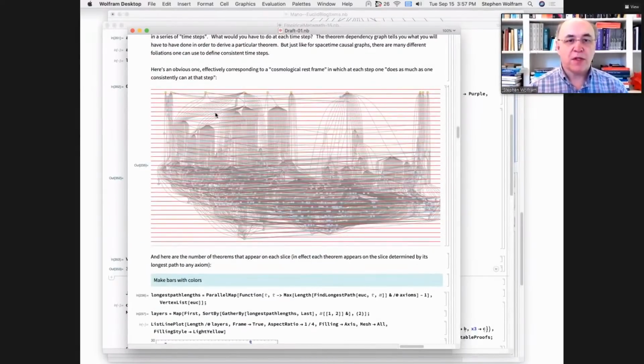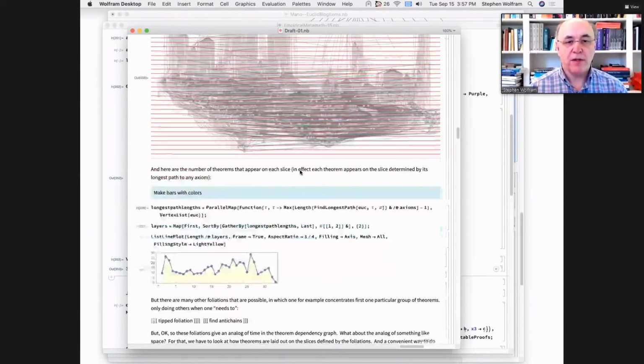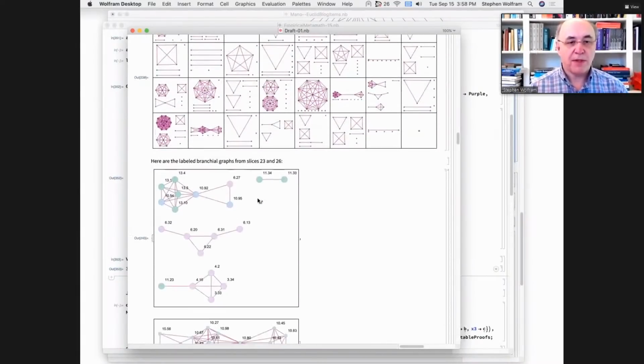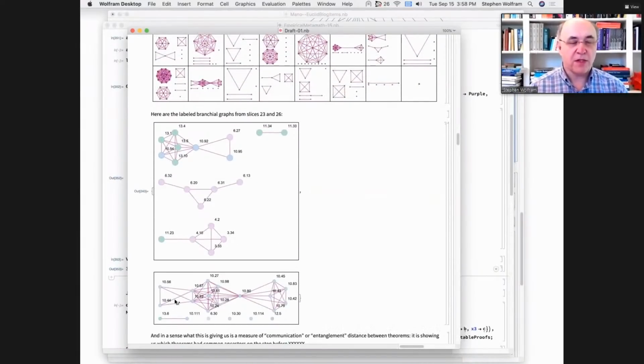So this is a sequence of proofs. We start from the axioms up here, and then we're making this partially ordered set, and we're making this layering of the partially ordered set, eventually getting down to there being 5 Platonic solids at the bottom. But we've got this layering here, and now we can ask at each layer, how are the theorems that occur at that layer related to each other? Related by common ancestry. And so this is their relation by common ancestry. Again, it's not clear what the significance of this is yet,